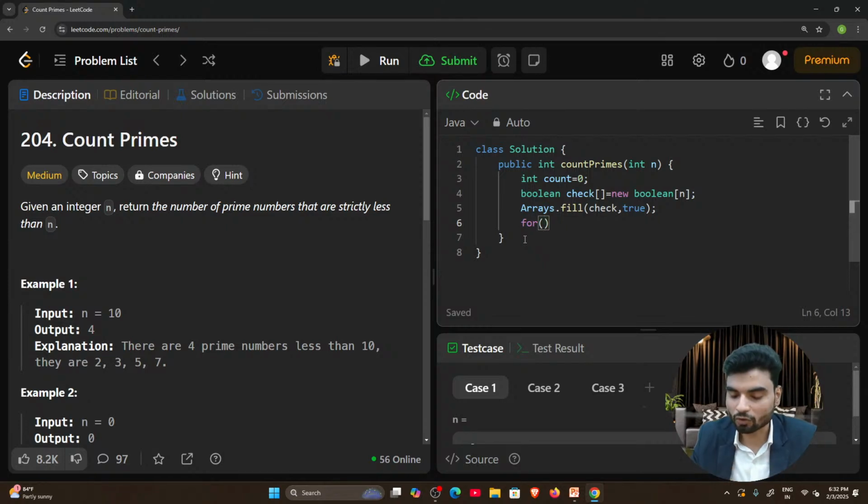So I'll write int i equals 2, because 0 and 1 are not prime numbers, and i should be less than or equal to Math.sqrt, the square root of n. Every non-prime number has a multiple less than or equal to the square root of that number. That is the algorithm. Every time I'll do i plus plus.